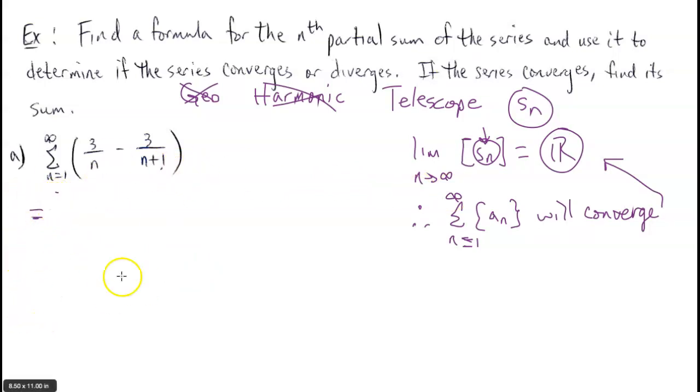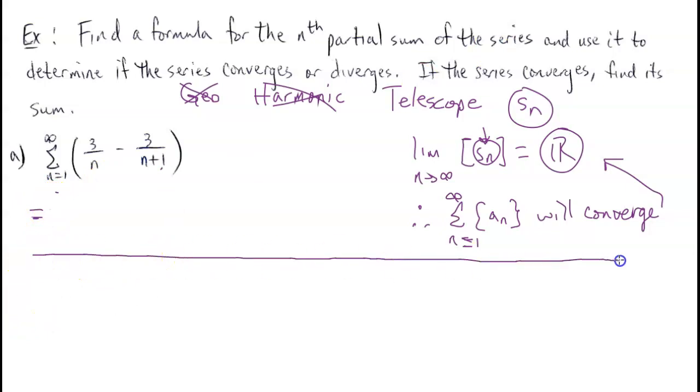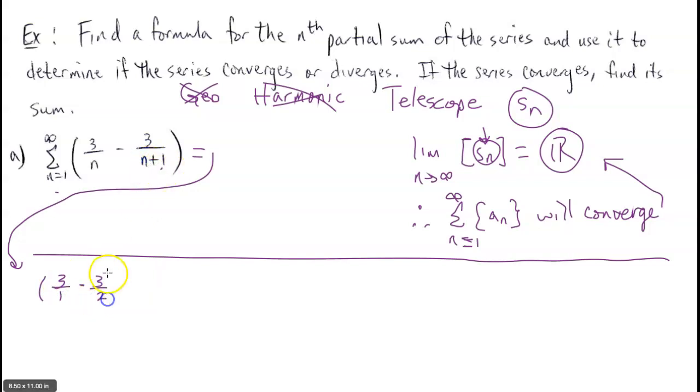And matter of fact, I'm going to move this down here. Just going to do it like this. So we're going to say, come here, and then we're just going to start listing. So when n is 1, we will have 3 divided by 1 minus 3 divided by 1 plus 1, which is 2, plus when n is 2, we'll have 3 divided by 2 minus 3 divided by 2 plus 1, which is 3,